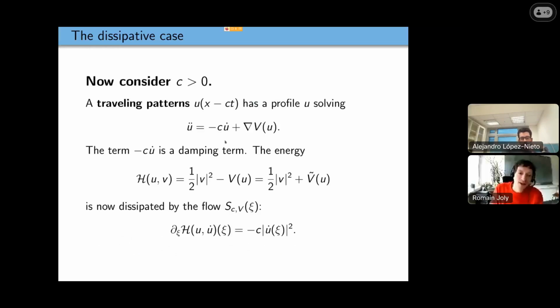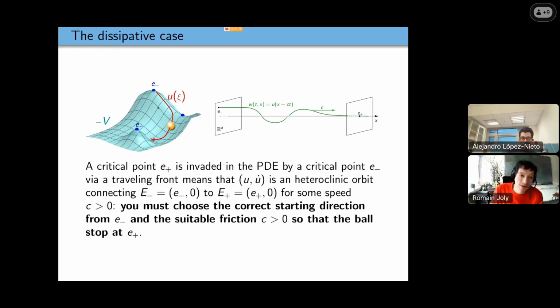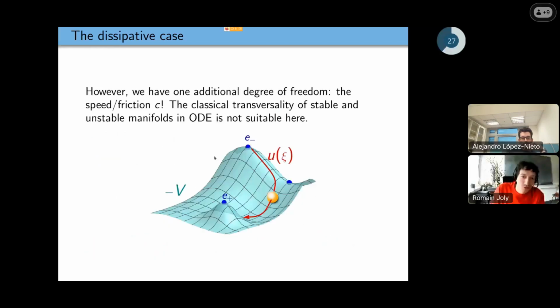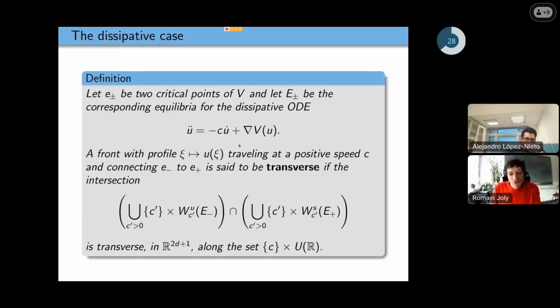So there you have to play a game which has both. You have to consider the ODE and the fact that the speed is somehow the degree of freedom in your pattern. And this is the only place in this talk where you can see that we are working in a PDE. I would like to show you that you have the degree of freedom, which is the speed of the front, C here. And so we introduced, with Emmanuel, a definition, which is, I think, one of the interests of this work.